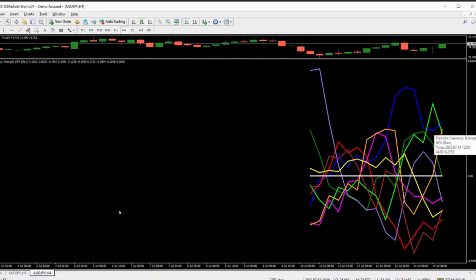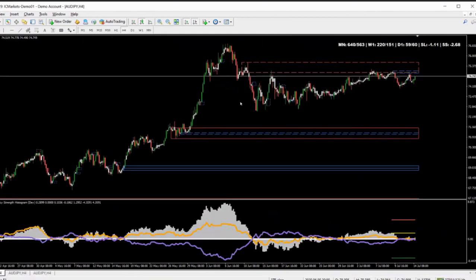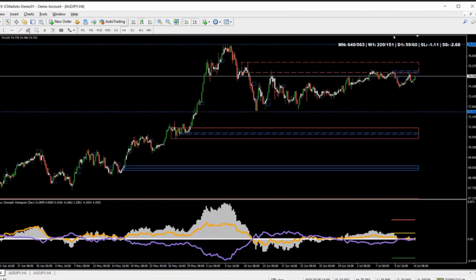Okay, so what we do is we go to the price chart. This is the 4-hour chart. We start to look for areas of supply at which to sell. You can see here, if we study this for just one moment, price rallied up, formed this top, and then we started to come down. And the only reason the price managed to come down from here was because there was a lot of selling going on there. The price came all the way down to here, and then price stopped here. Okay? And the only reason price was able to move away from here is because there was a shift in flows, and people started to